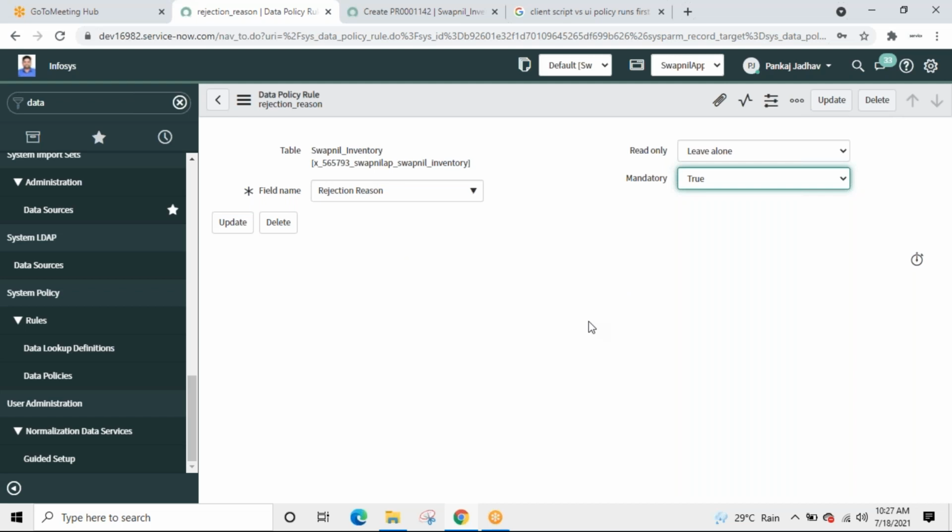Interview question, you can say: whenever the data is ingested from the backend, and if we want to perform certain things like setting a field to read only or mandatory, then we can use data policy. If we want to implement the same thing at UI level, we use UI policies.